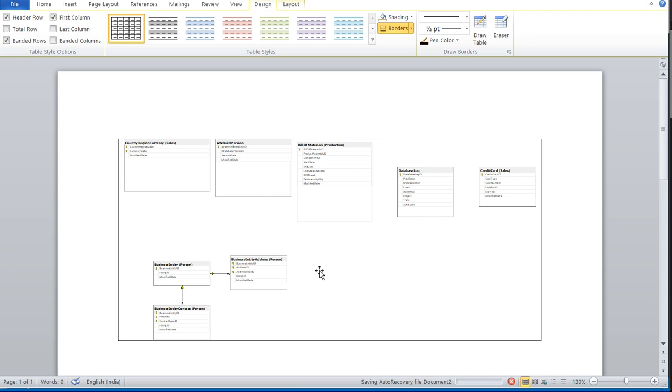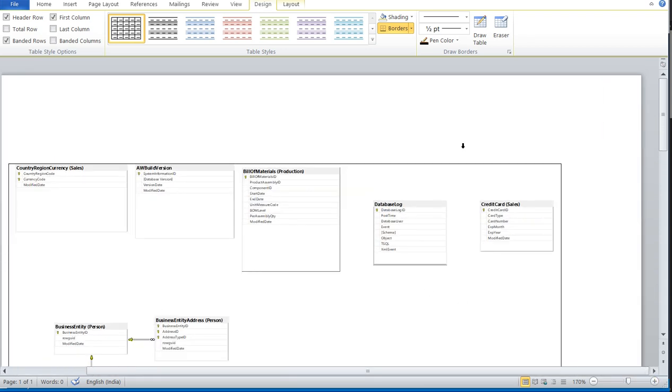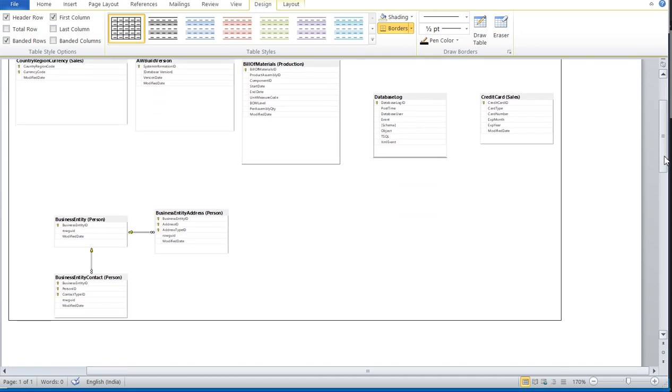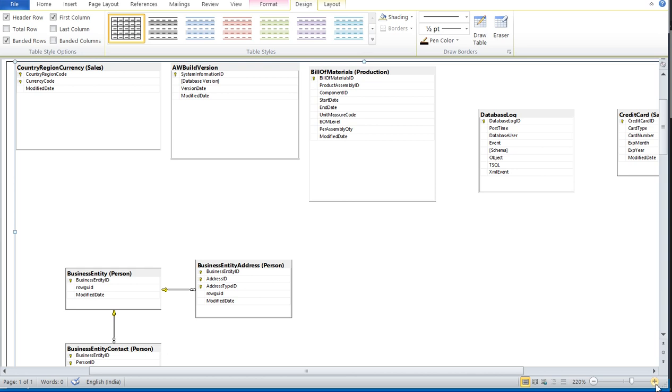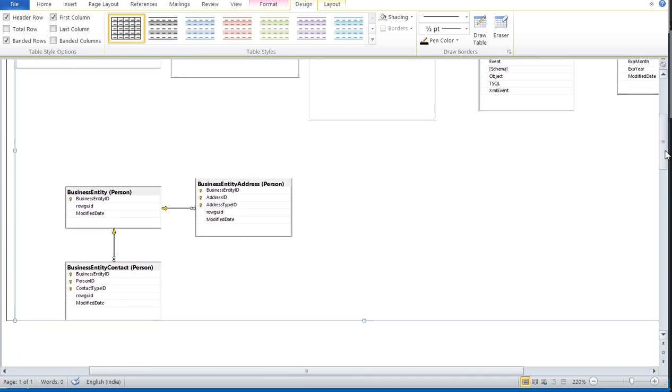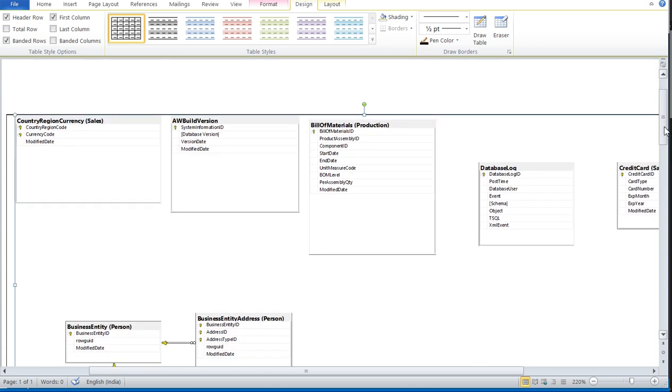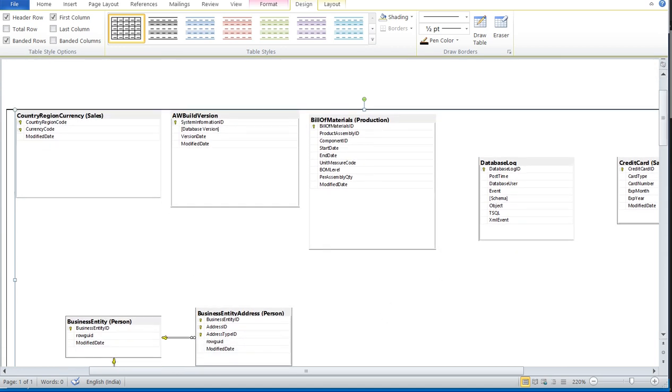As you can see, all the diagrams are here. Just zoom in. Yes, it's visible. So all the diagrams are inserted in Microsoft Word, and this Word document you can save and share with the requester.